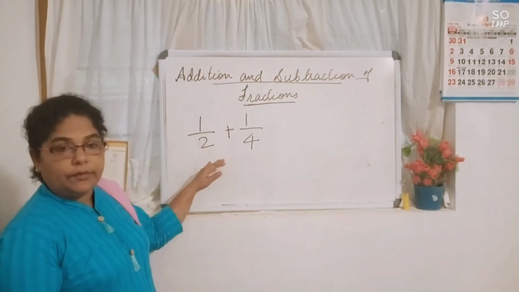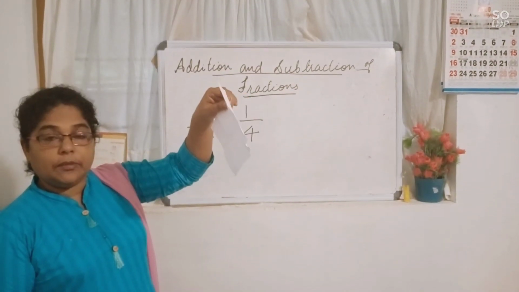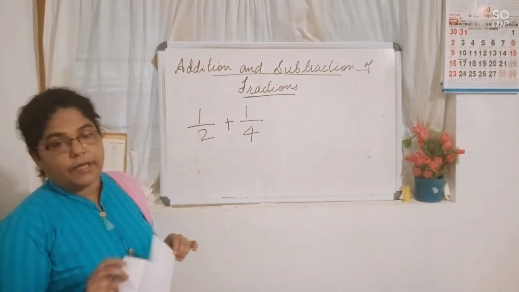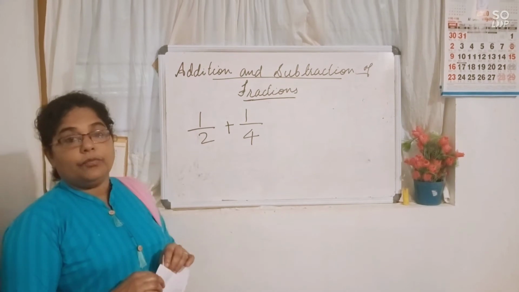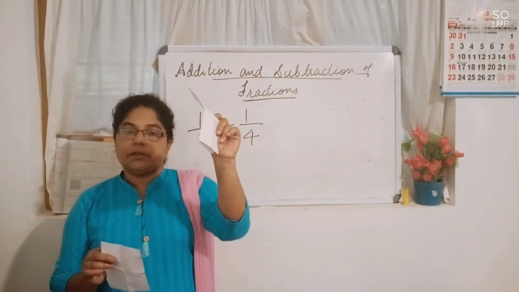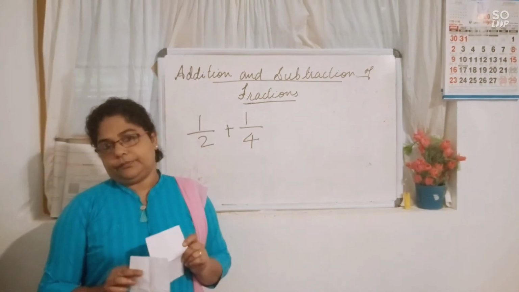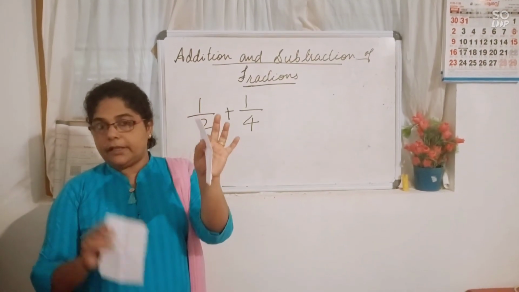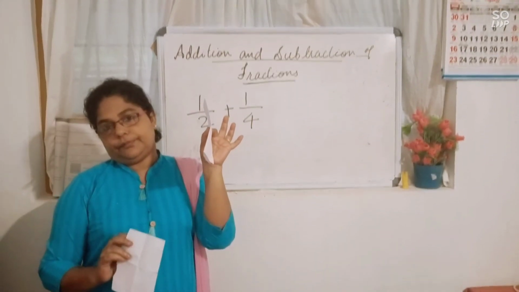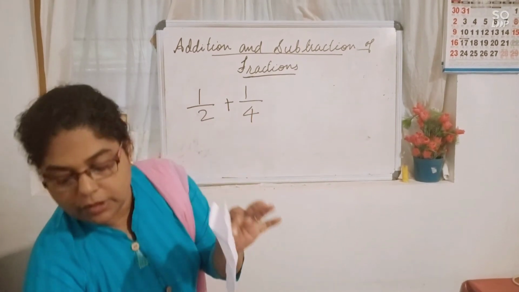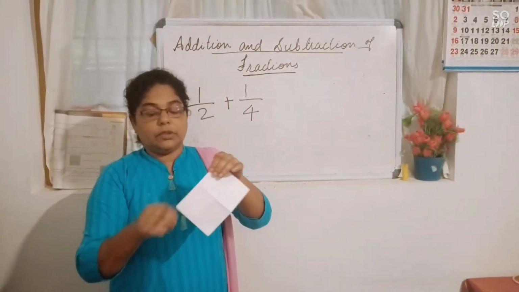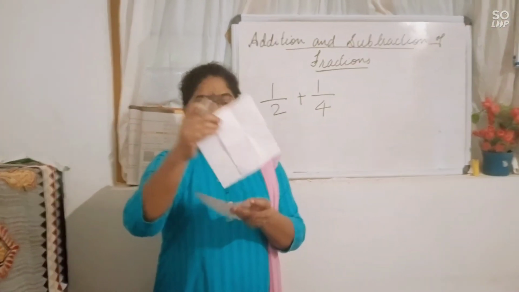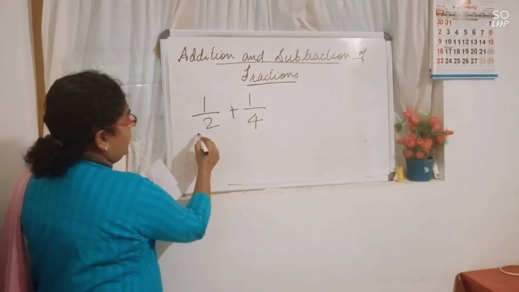This is not equally divided. See, the first person is getting a big piece and the second person is getting a small piece. So this is not equally divided. So what shall we do? We have to divide this piece also equally, like this one. I hope you got it. The big piece has to be divided equally to match the small piece. If we divide it equally, now we are getting 3 equal pieces. These 2 pieces we got from this half portion.